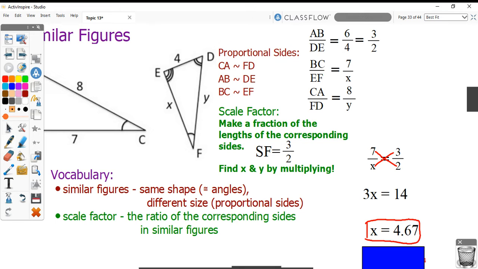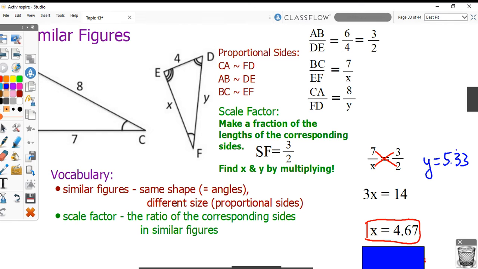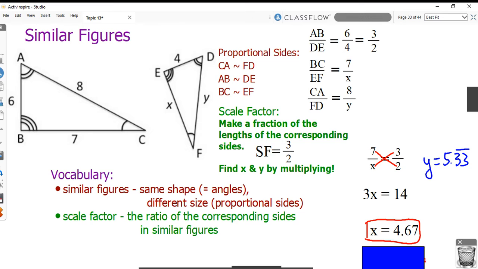In the same way, I want y'all to do this one on your own, but in the same way, you could figure out that y is going to be equal to 5.33 repeating. Okay, I want y'all to do that one on your own. Just give it a shot, and if you end up with a different answer other than 5.33, you let me know and we'll see if we can figure it out, all right? So that's how you would do that. This is something that we did early on in the semester, by the way. We've already done problems like this where you deal